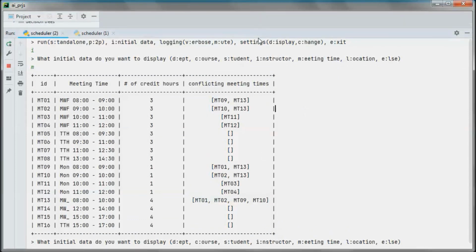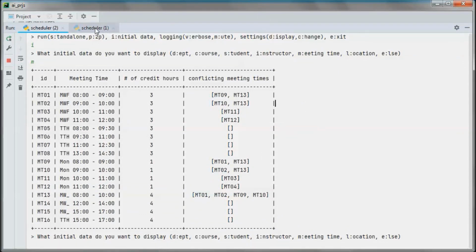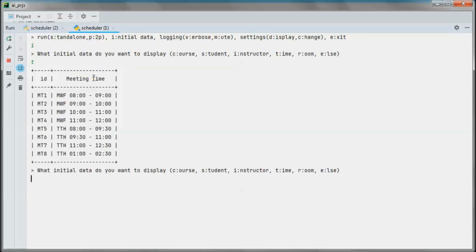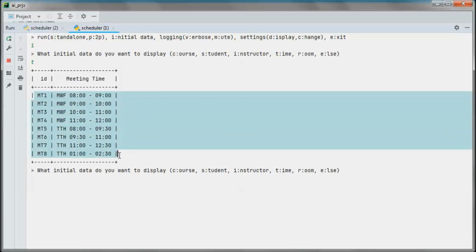So in the previous version here, if we go to the meeting times, all the meeting times are for 3 credit hours,